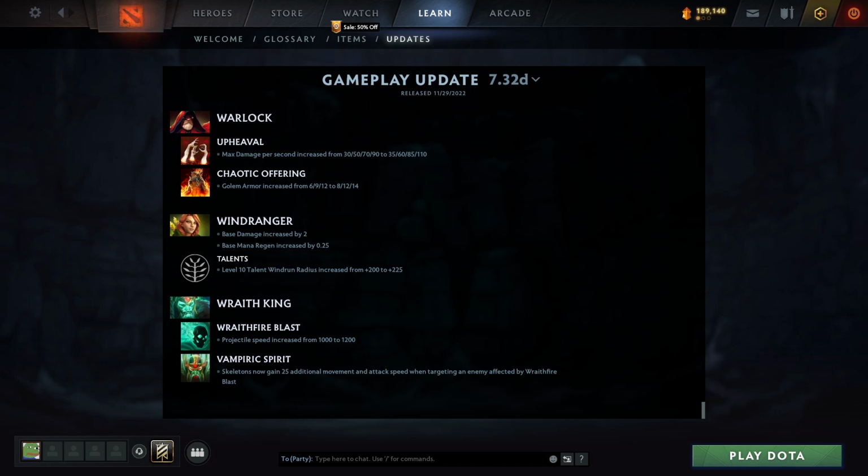So obviously what you do is you spawn your skeletons, you stun the guy, they all chase him and they attack him. I think this is really good in the laning stage, and obviously just in general, but especially for the laning stage. Look out for Wraith King to actually be really good, because I think this hero is potentially